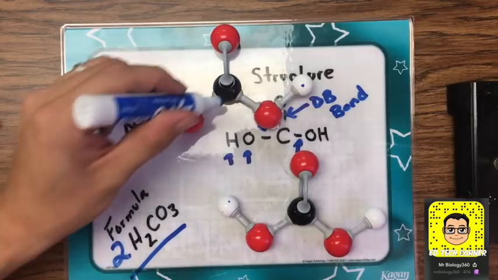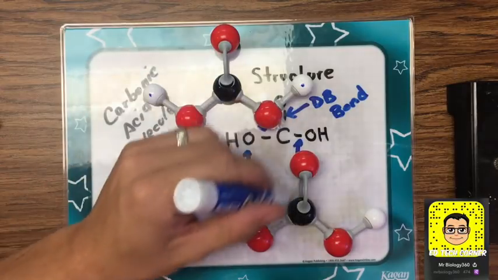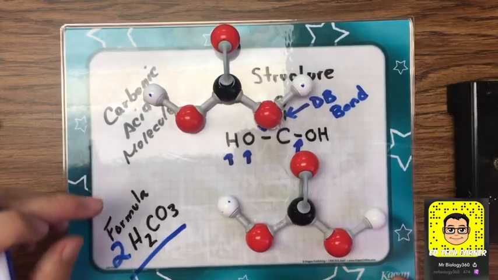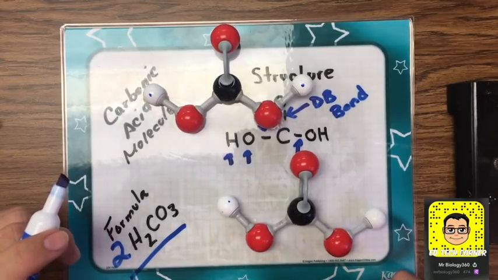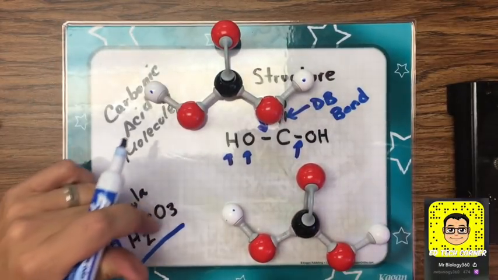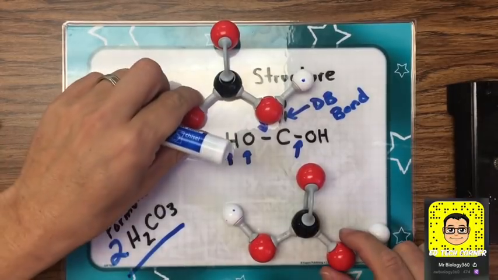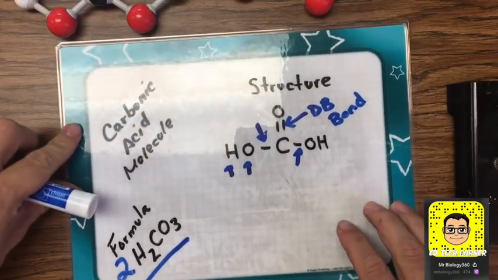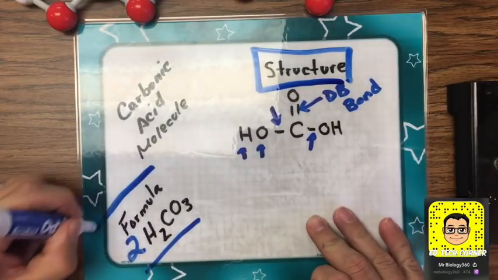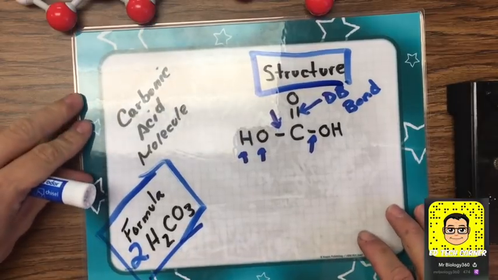C, there's 2 C's, 1, 2, and 2 times 3, that means there's 6 oxygens total, 1, 2, 3, 4, 5, 6. Now all our atoms are accounted for, but because we put the 2 in the front, that tells the person that we're communicating with that there are 2 distinct molecules, and each molecule has these many atoms in it. All right, so hopefully this helps. Make sure you know the difference between the structure, that's what a molecule looks like, and the formula, and how it changes when there are multiple molecules,